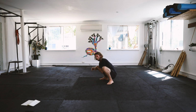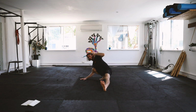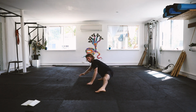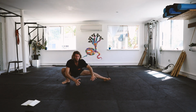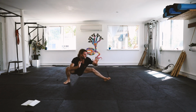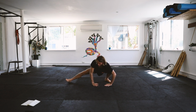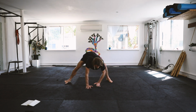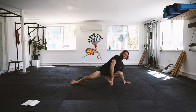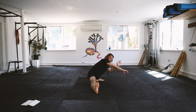From here, I'm going to lengthen one leg. I use my hands on the ground as much as I need to shift my weight from left to right. If I did that from side on, one side to the other. Use your hands to help or support you. You can do it with your hips a lot higher as well. And then in motion, what that would look like,